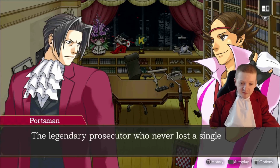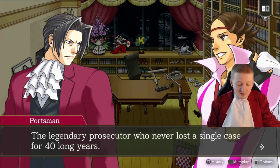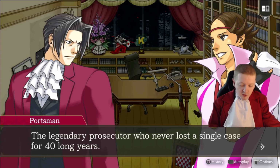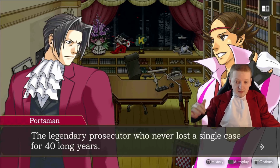The legendary prosecutor who never lost a single case for 40 long years. So, von Karma was Edgeworth's mentor, but it's a twisted story. Von Karma murdered Edgeworth's father, who was a lawyer, and von Karma ended up winning the case, but even though he won the case, Edgeworth's father managed to prove in court that von Karma had actually used fabricated evidence. And von Karma was so angry about that, when there was a power outage, and Edgeworth and a security guard and his father got trapped in the elevator, what happened was the elevator door opened, and the gun went